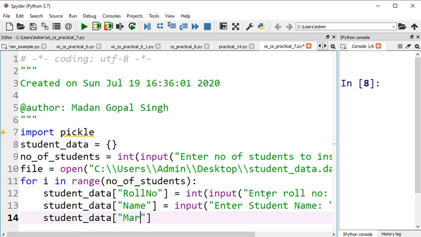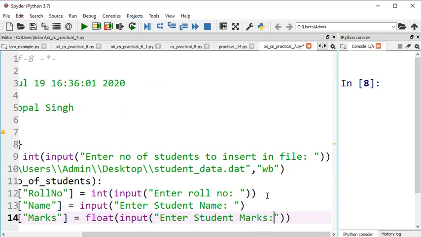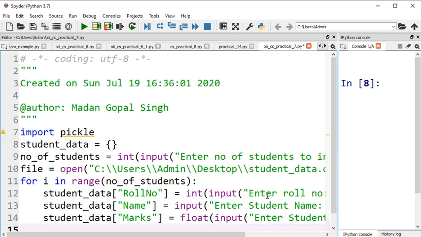Then student data, you want to take the marks also. Today we are going to store the marks also, because we are going to update the marks. So marks can be a floating point number also, so let's take it as float. Enter student marks, let's say marks, and then you will insert this data into the file.